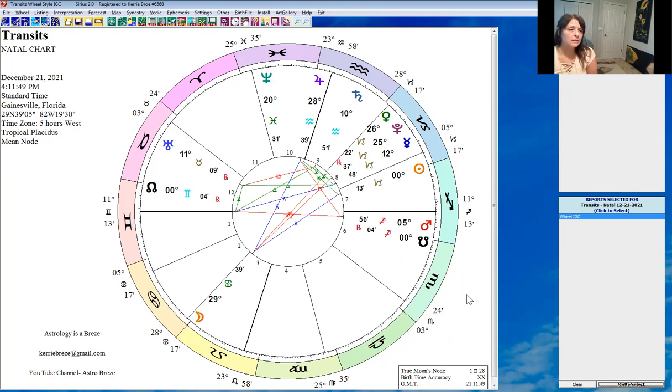So we're looking at December 21st, the winter solstice, the shortest day in the Northern Hemisphere. And of course, we are seeing the sun at 0 degrees right now. We're 13 minutes into Capricorn. And we see this nice little stellium over here in Capricorn, because we always look for this in the winter,